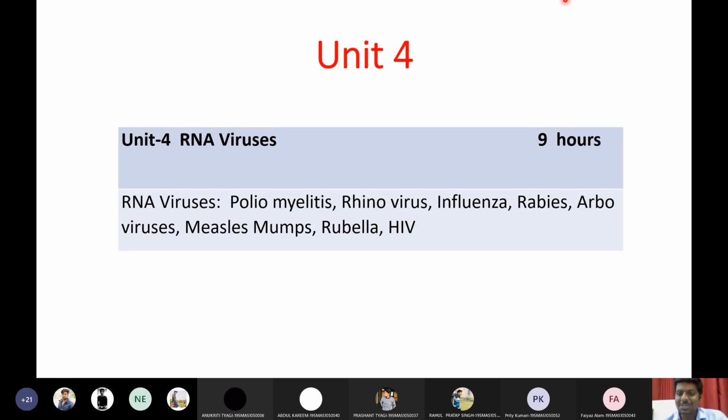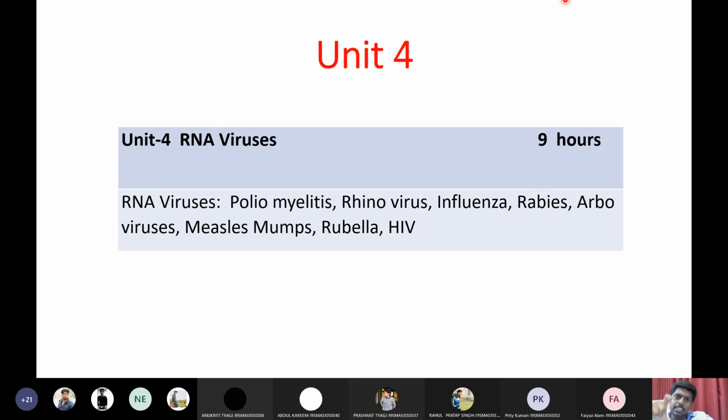Sorry. So coming to the poliovirus. I don't know whether you are understanding this concept or not. Poliomyelitis means myelitis. I'm explaining the name myelitis. First you need to understand the structure of the neuron. Poliovirus will cause paralysis in patients. If poliovirus infects a patient, they will usually get lower limb paralysis. The reason for this lower limb paralysis is that this virus particularly attacks the spinal cord of the affected human.